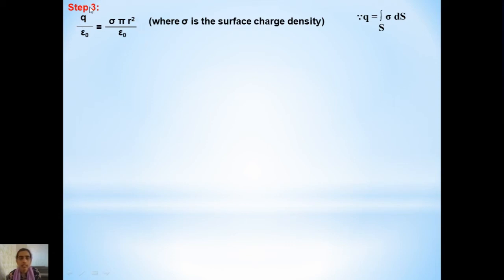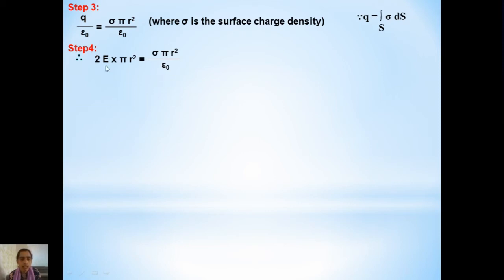So since we have calculated the total charge for that surface area, now in the fourth step what we need to do, we have to substitute all the values, the electric flux as well as the total charge in the Gauss law and hence calculate the electric field intensity, right? When we substitute the values, in the left hand side we had the electric flux, so instead of electric flux we will substitute it as 2E into pi r square is equals to, in the right hand side we had the total charge, so Q over epsilon naught. Instead of Q we will substitute it as sigma into pi r square over epsilon naught.